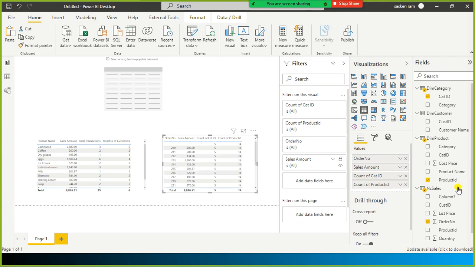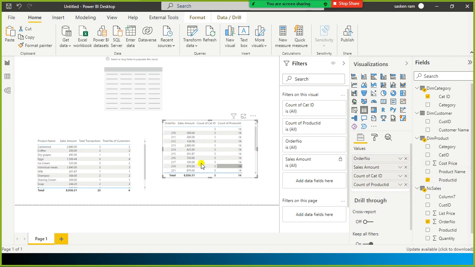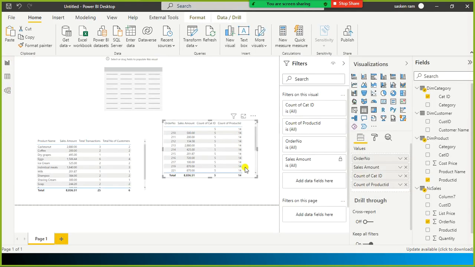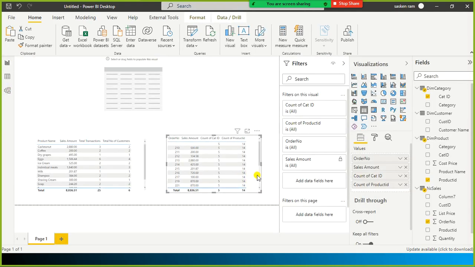Even this one is not filtering correctly, because we started with order number, and the product ID is also repeating here.